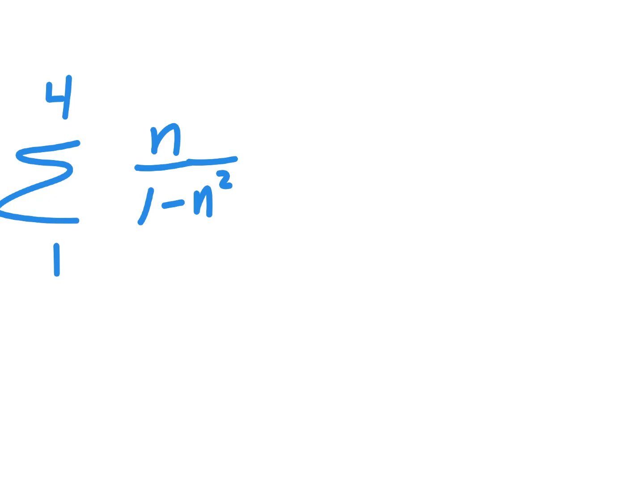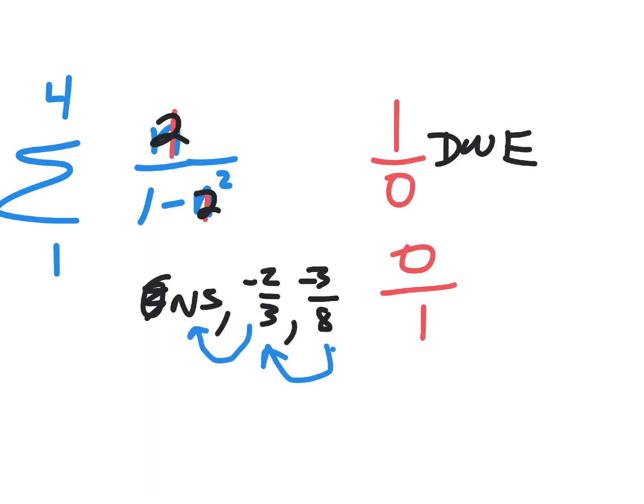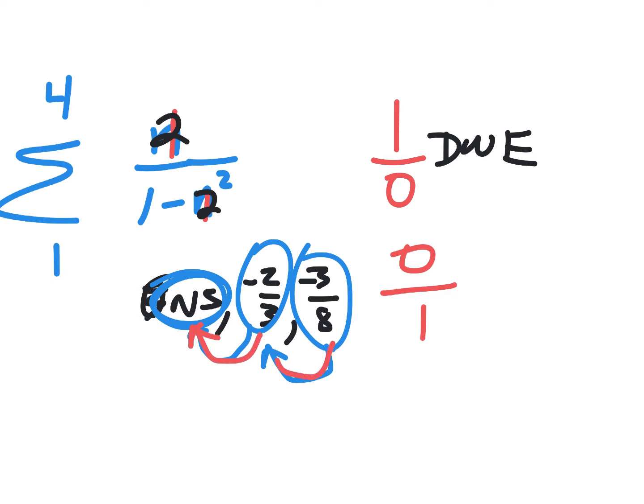I'll pause for a sec. Find the first three terms. Okay, so this one, the first one was no solution because you had a 0 on the bottom. The second term is negative 2/3, and the third term is negative 3/8. You can't say this one's arithmetic or geometric because you have a no solution, and when you compare this to this and this to this, it's supposed to do the same thing. Okay, next,